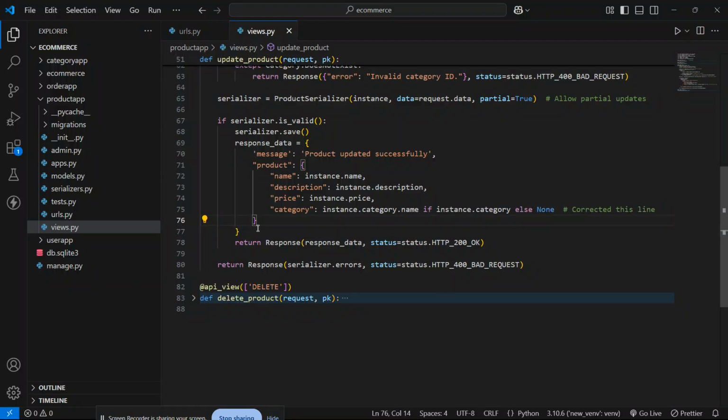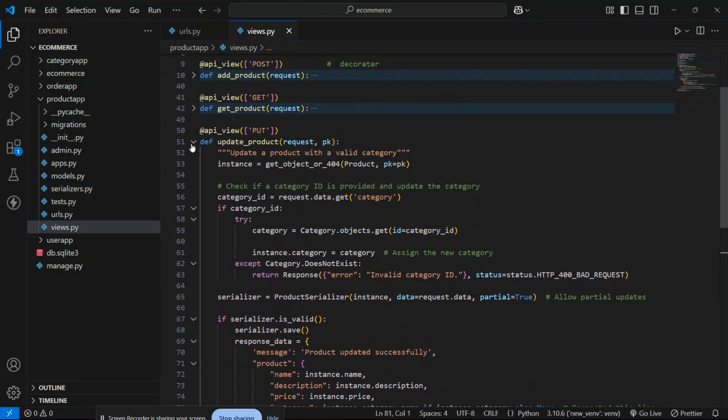And if this is not all done, it will show you the serializer errors. This response will pass serializer dot errors and the status code 400 bad request. So this is all about the update part.